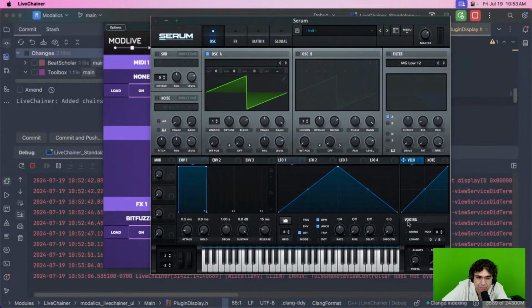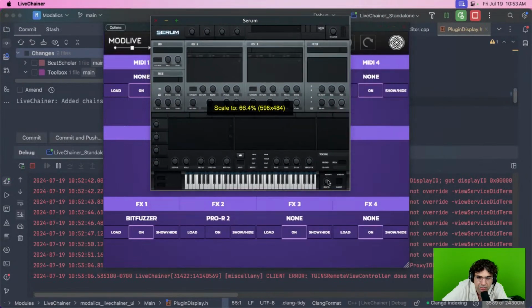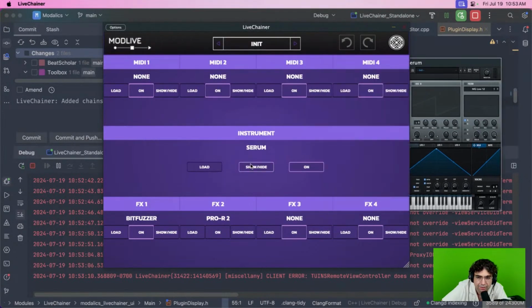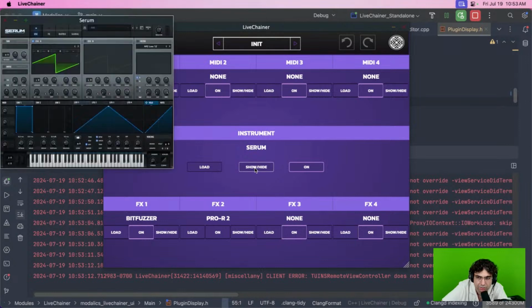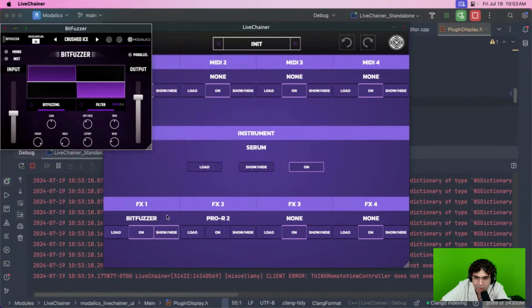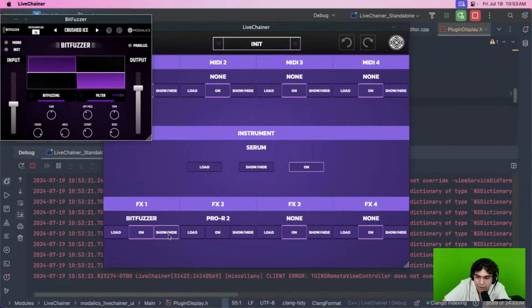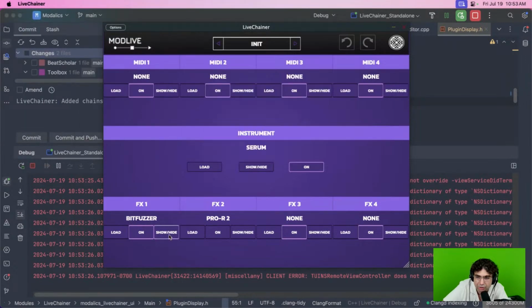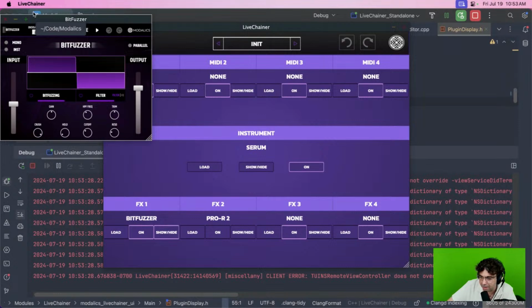For example, if I resize Serum to something smaller, I think Serum should remember its own size, right? Yeah, I think our plugins do that as well, right? Let's have a look. Let's see if I make this smaller. Yeah, so the plugin retains its own size, but it doesn't retain the position, right? It shows in a different position. So I think I need to remember that and then